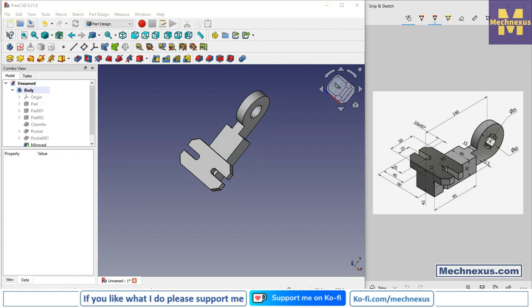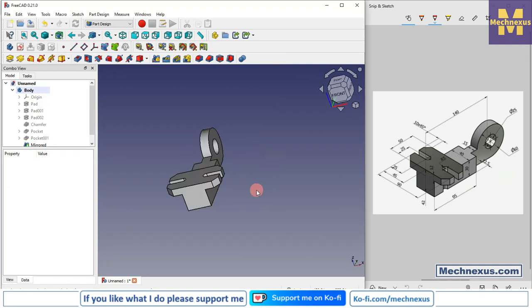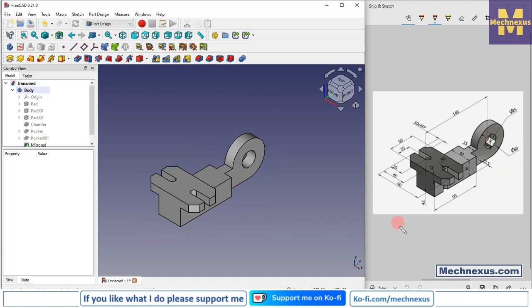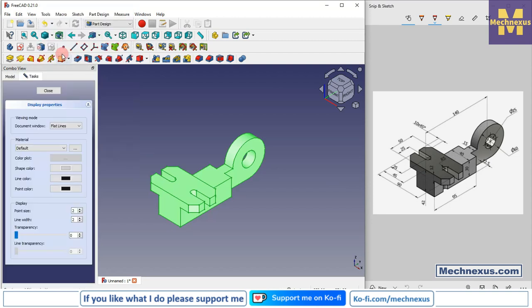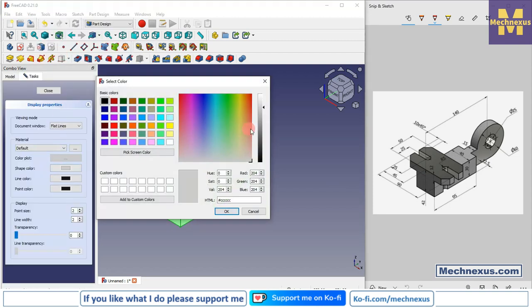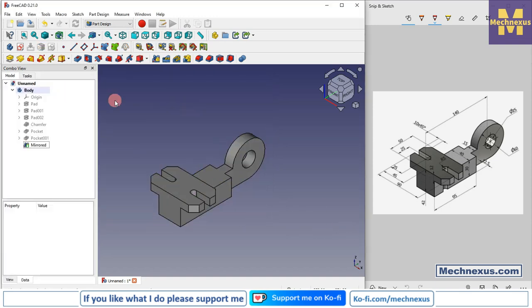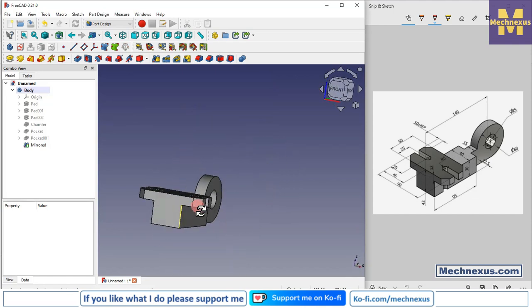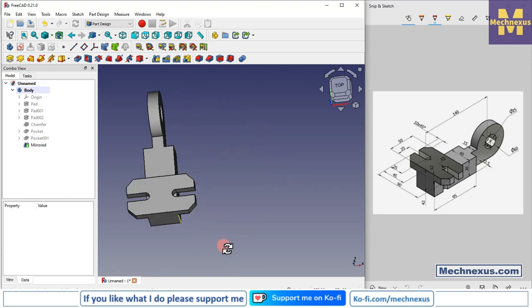Now we will provide the color. Here we have made this shape with respect to our isometric drawing. To apply the color, right click, select appearance and go to shape color, and here we will give an approximate color as per our part. So this is a very simple tutorial designed for beginner users to understand the Part Design workbench in FreeCAD,